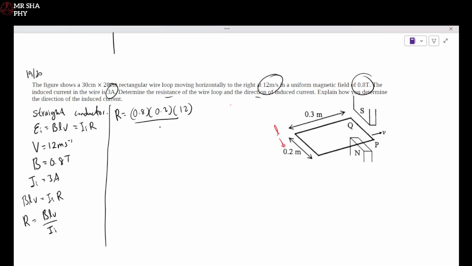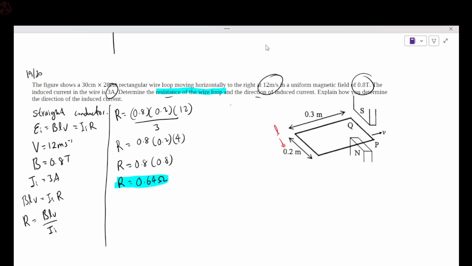I divide that by my current, which is 3. I will have R equals 0.8 times 0.2 times 4, which is just 0.8 times 0.8, which gives me a value of 0.64 ohm. So that is the answer to the first part of the question, which is what is the resistance